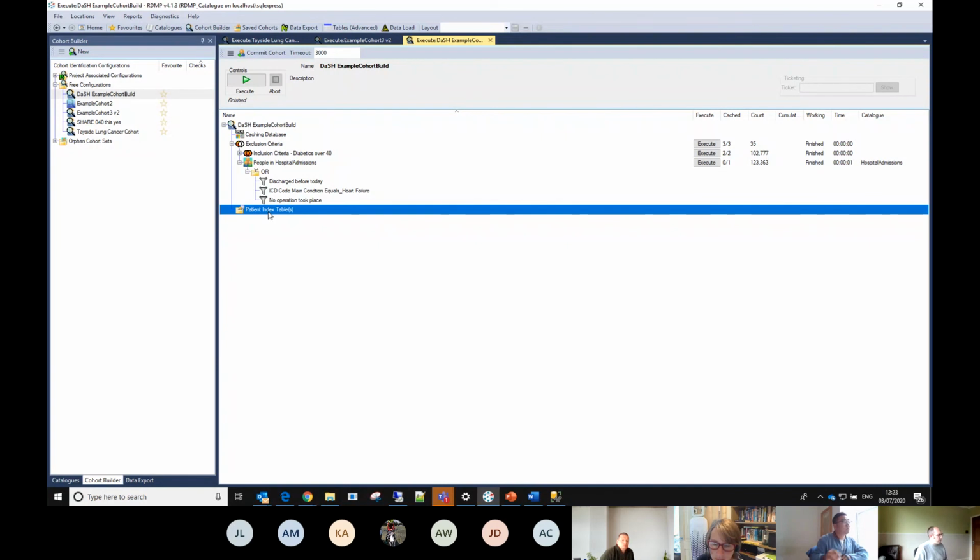What might be quite good, if you're all using the same test data set, is if you put something together and then ask one of your colleagues to try and replicate it, and you can hopefully come up with the same number. That would be a good sign that you're both doing the same thing. And keep thinking about things like order and renaming these labels to make things that make sense.